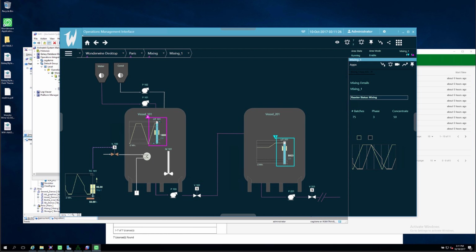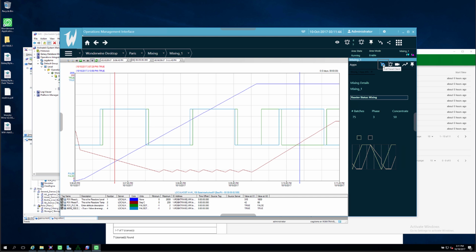So those trend folders that you find on the site, they actually have trend files in it for mixing 1, 2, 3, and 4. If you place that on the C drive, that folder with the files, then automatically this gets linked up. If you now click on the full trend client here on the right, you will basically see a full trend client coming with everything disabled and with the pens pre-configured. I will show in another video for configuration purposes how you configure that. It's very easy. There's an app configurator for the historical trend,